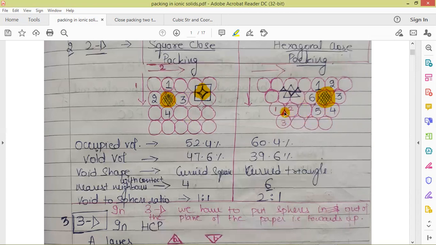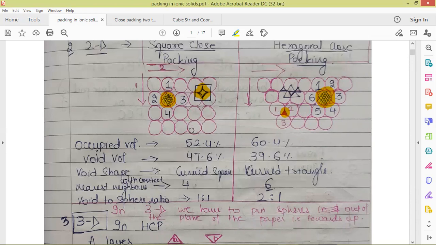I have marked this in yellow: 1, 2, 3, 3 spheres are uniting together to create this void. In this square close packing system, 4 spheres are uniting together to create this curved square void. So here each void is surrounded by 4 spheres, and here each void is surrounded by 3 spheres.